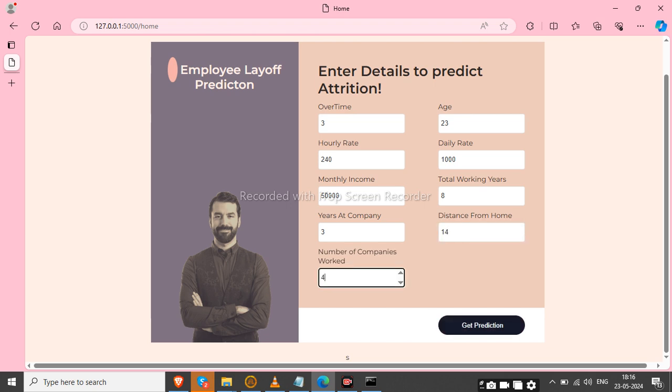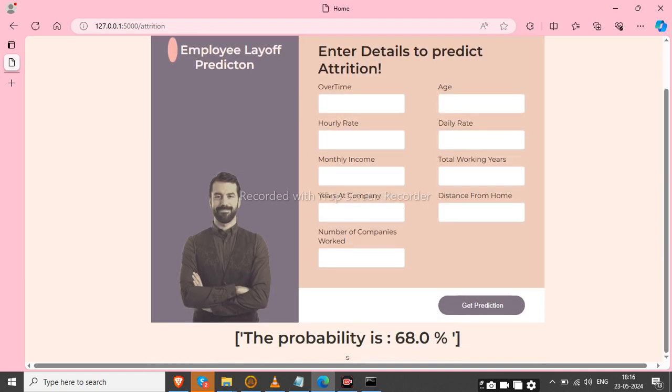After that you just click Get Prediction. My website will run, then it will return the probability as 68%. Okay,